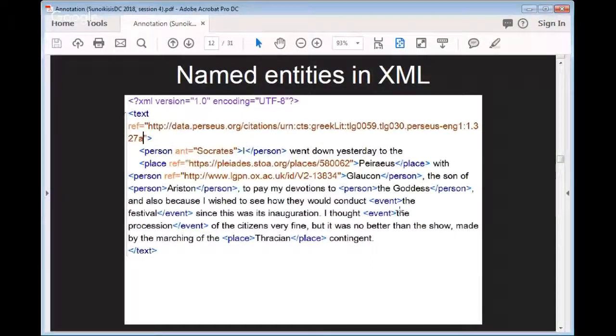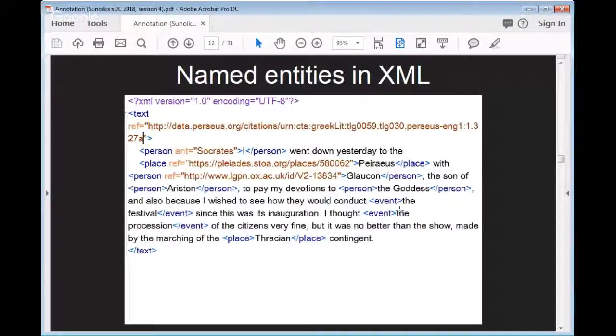So this is, as I said, what we call inline annotation. These are annotations using XML. It's not the only language you could use, but it's a good one, where you can inline annotate the individual pieces of information you want to add to this text. So we annotate the string "I", and what we say about it is that this is a pronoun, the antecedent for which is Socrates.